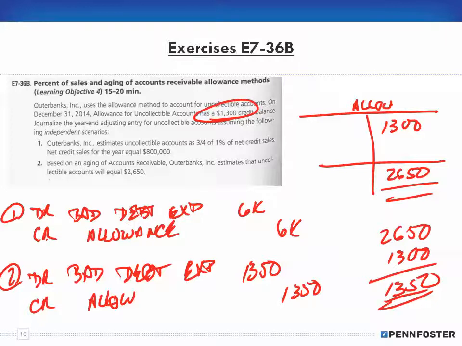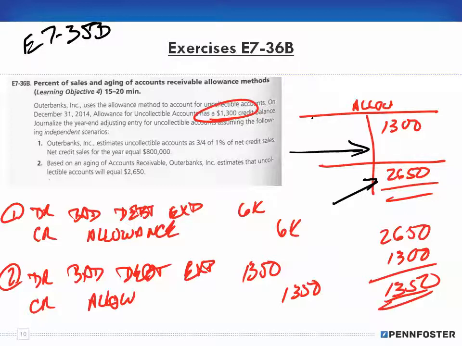Okay, that was a little bit of a different kind of a problem, but still it's using the same concepts that we did in exercise 7-35B as far as calculating the balance that you need when you know what the balance in the allowance account should be. Here, using the percentage of sales method, remember, we would just credit the allowance for the $6,000, okay,